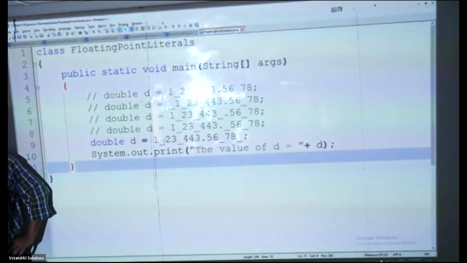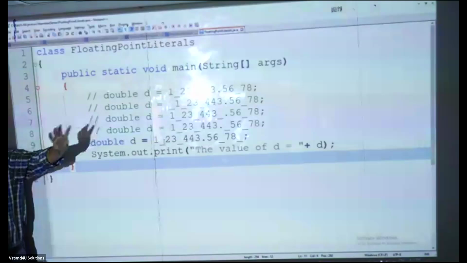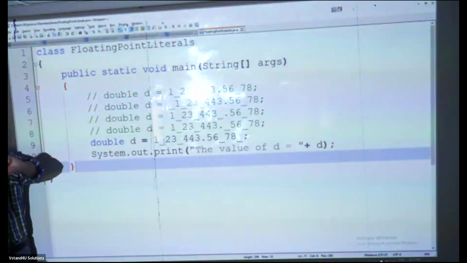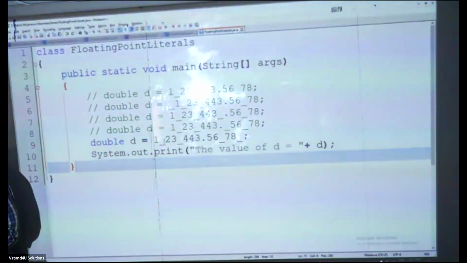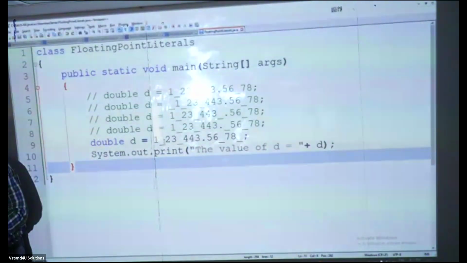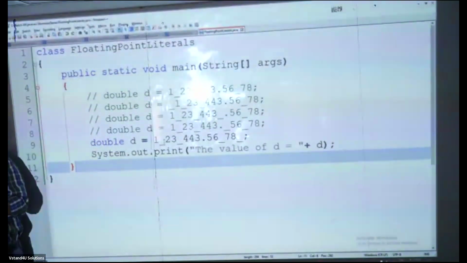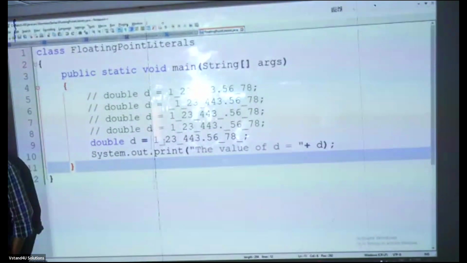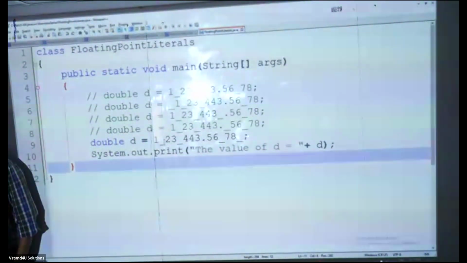Yes or no? Can I say values of different types: integer values, floating values, character values, boolean values, literals, you understand? Agree? Now, shall I move forward and try to explain the operators in Java? What is the next topic? Operators in Java. What does it mean by operators in Java, sir?